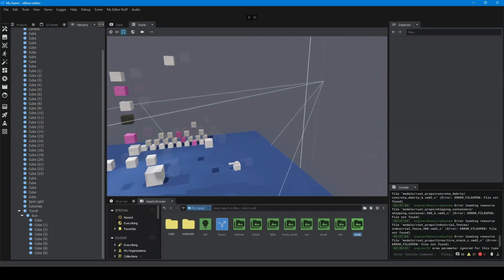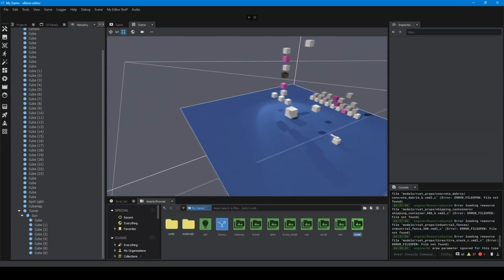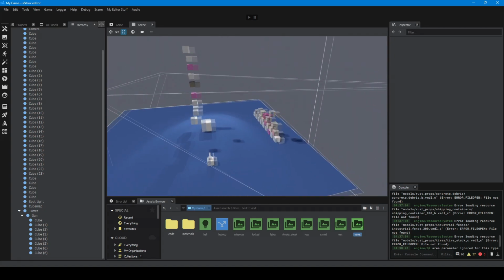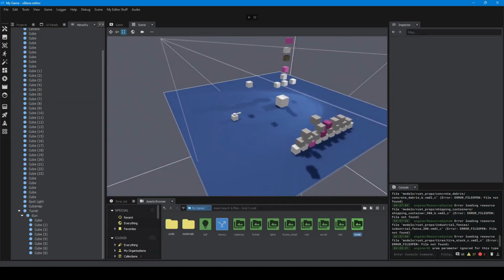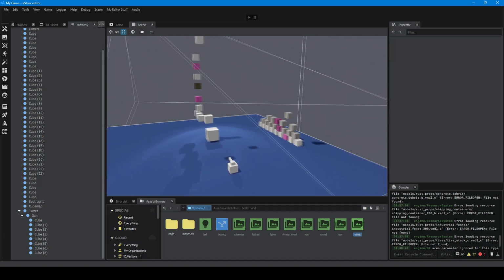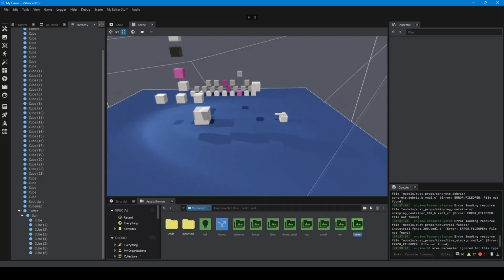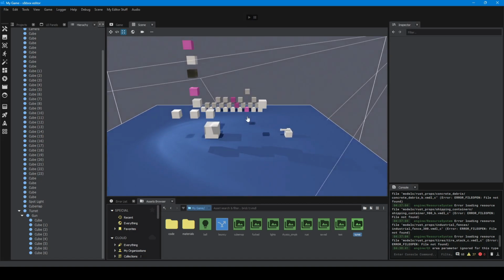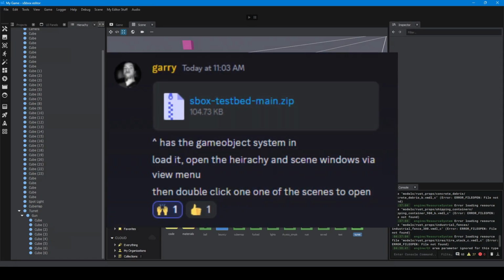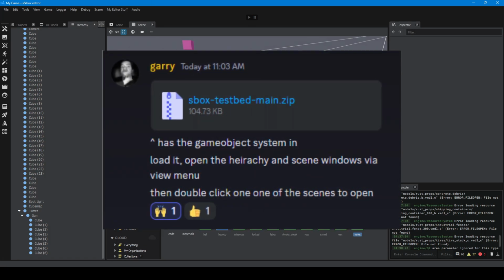I just thought I'd take a second to record this video because I'm sure a lot of people are interested in what the heck this is, as I was. And I thought I would just walk through it. So Gary sent a zip file in the Discord today, which is just an add-on that you can load into